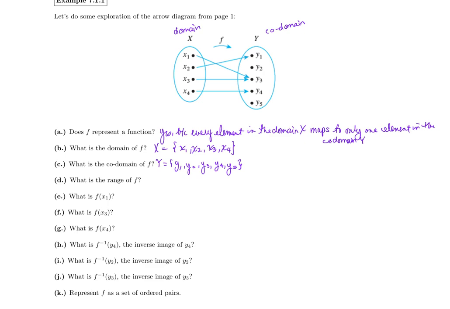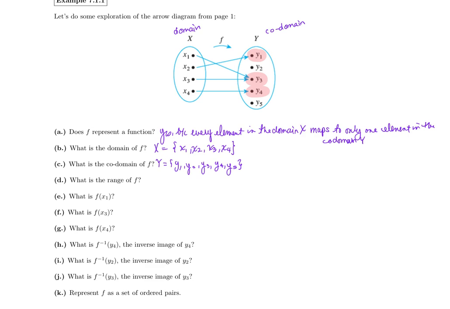So I put both rules kind of into one sentence there, and that's okay. So we have our domain as our set of x values. Our codomain are the possible sets of y's that they could be mapped to by the function f. But remember, the range is the set of y values in the codomain that are actually being mapped to. So if we look at our diagram, y1 is used. Here, we'll highlight them. y1 is being mapped to, y3 is being mapped to, and y4 is being mapped to, but y2 and y5 are not being